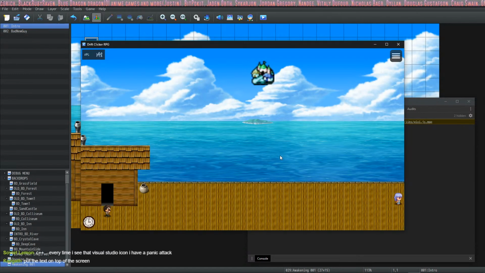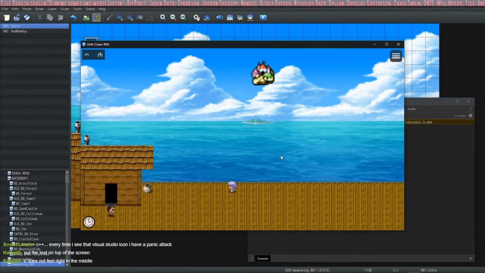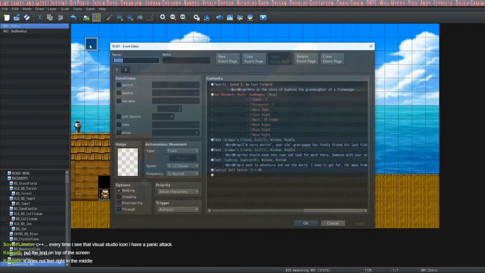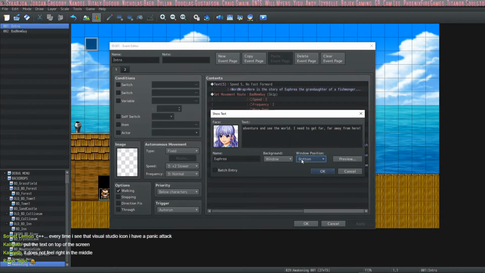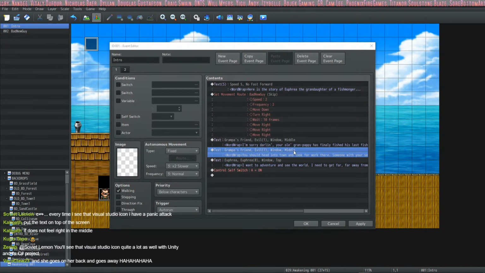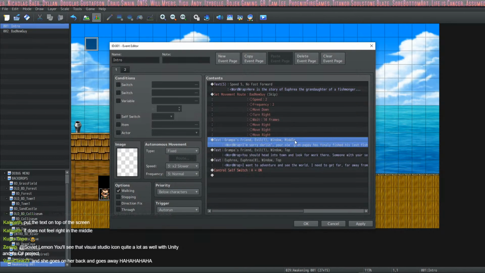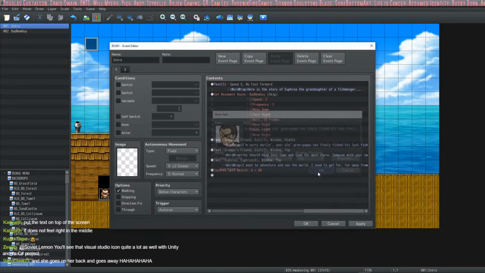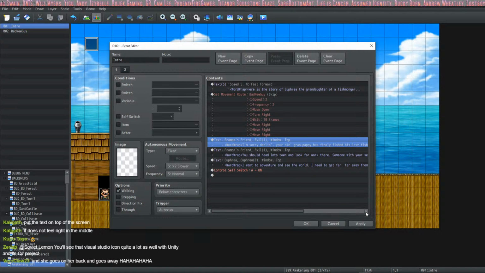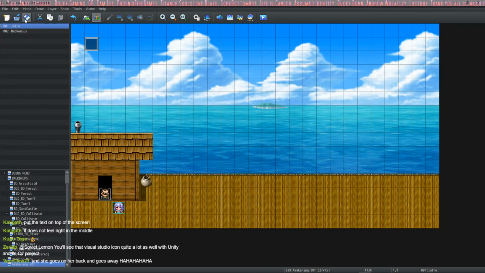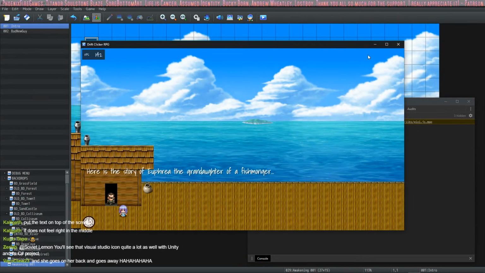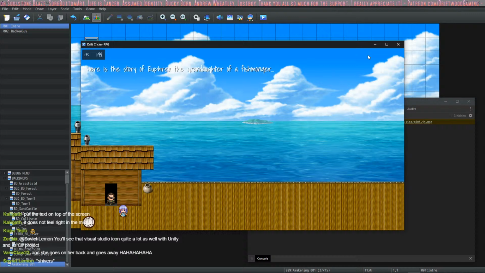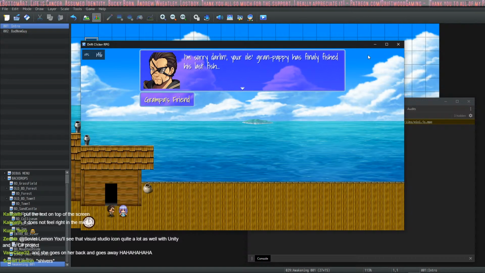Caligath says put the text at the top of the screen. I agree. Top or middle? I already said that, I just didn't follow through. Let's try the top. I mean, why not? I set these to the middle, I just forgot to set the last one. Because all the action is happening at the bottom, you should have the text at the top. Oversight. And I said find the bugs. We're finding the bugs. Thank you for the suggestion. Here is the story of Euphraia, granddaughter of the fishmonger. Do I really need that, though? Yeah, I do. Yeah, that's better. I agree.